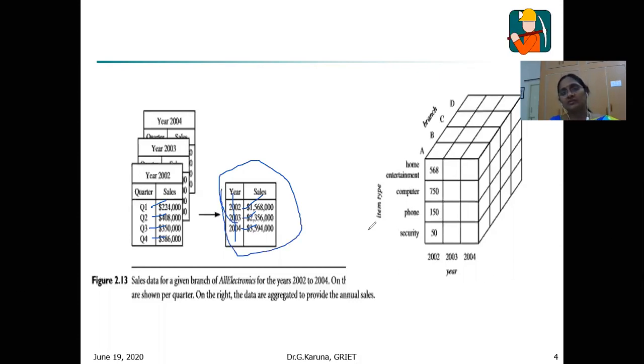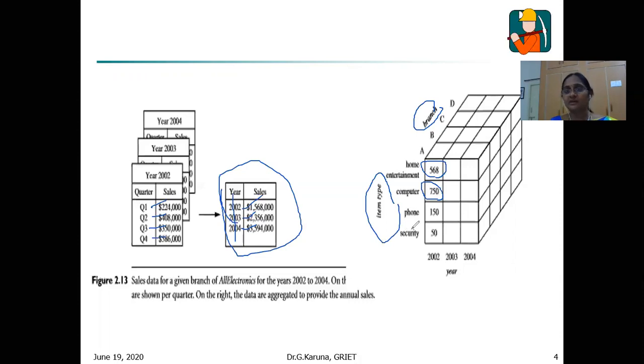Similarly, suppose I would like to consider not only sales, but how many items were purchased at branch A, and how many items were purchased at branch B. I am considering here two dimensions, branch and item type. How many home entertainment items were purchased at branch A? These are 568. In branch B, how many were purchased?